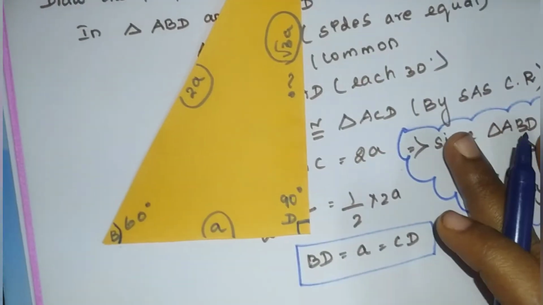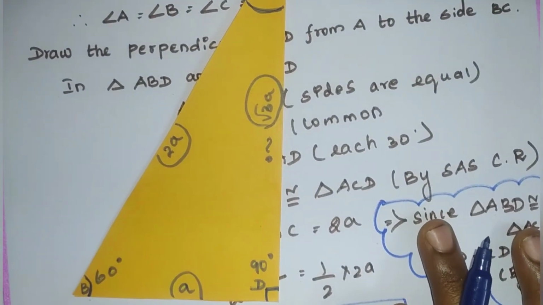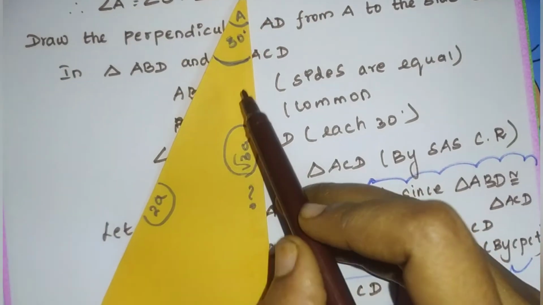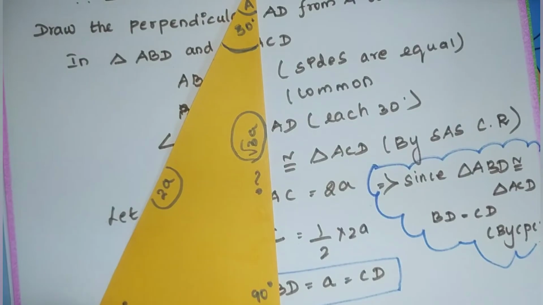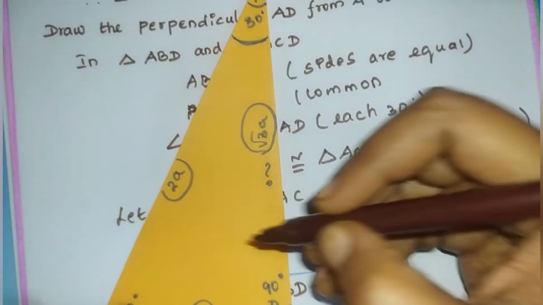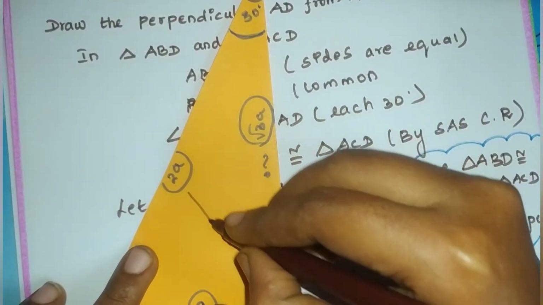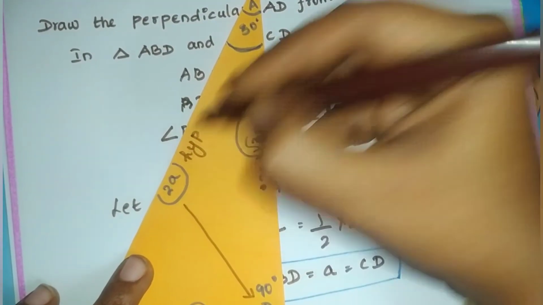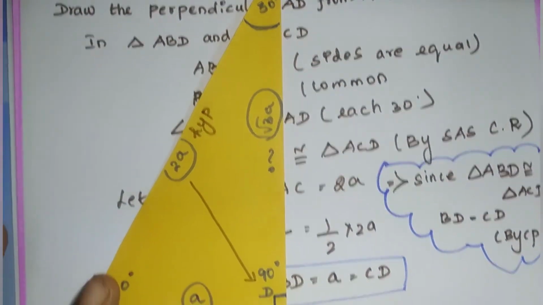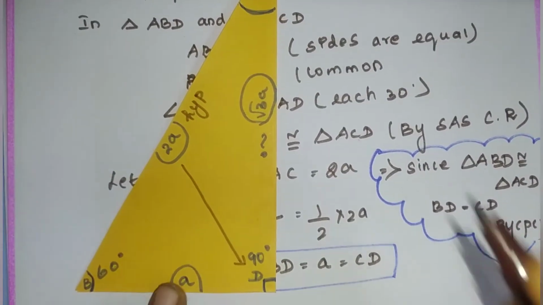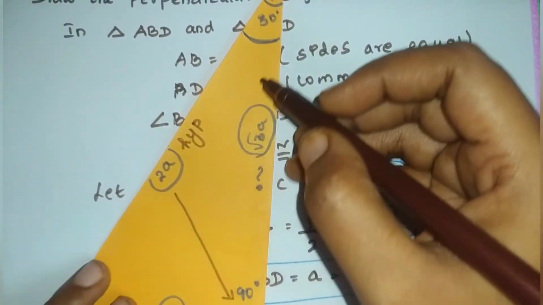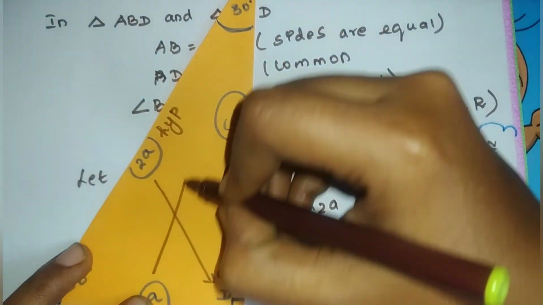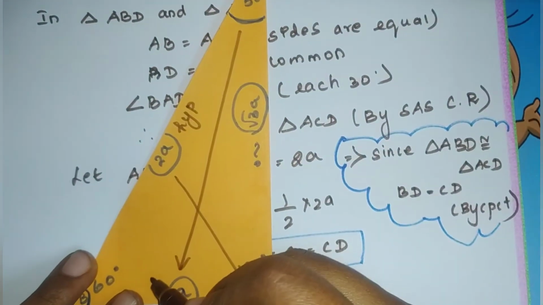Now we know all the sides of the right angled triangle. Now with respect to which angle are you going to find? With respect to 30 degree. So first tell me which is the hypotenuse. The side which is opposite to 90 degree is the hypotenuse. And then the side which is opposite to 30 degree, because with respect to 30 degree only we are going to find. So this is opposite.